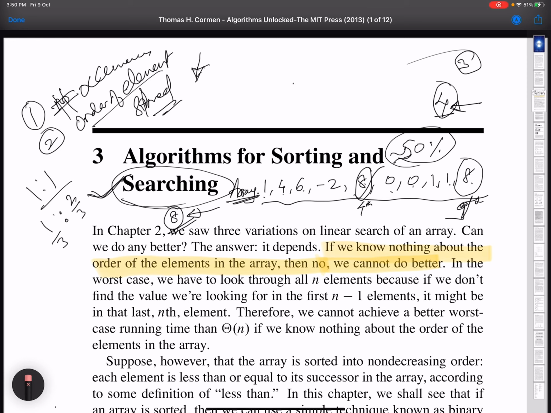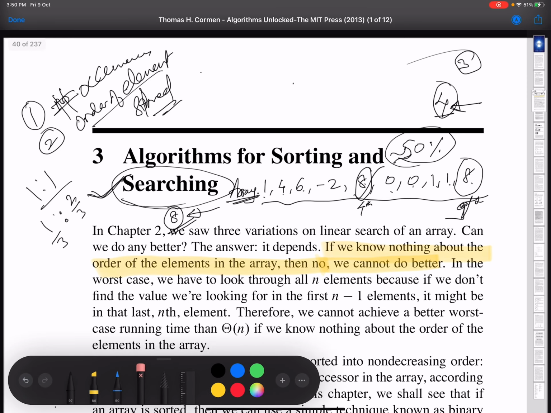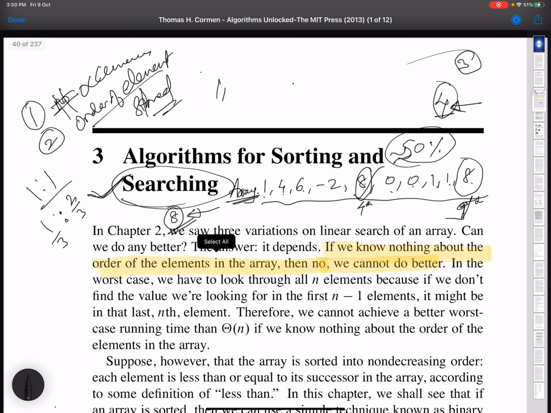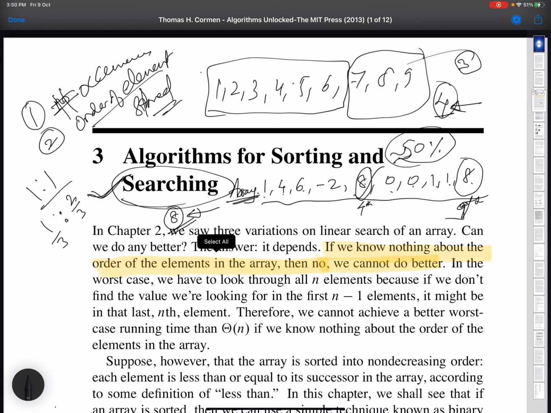Let's say the elements are sorted here, and I am interested in dividing these two parts in 2/3 and 1/3 form.